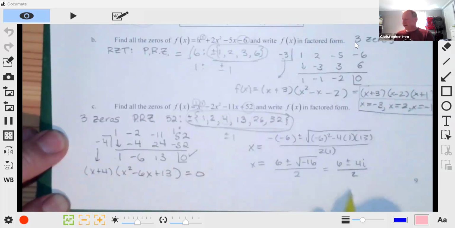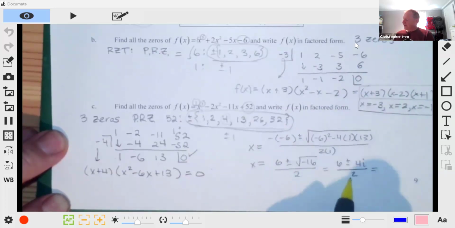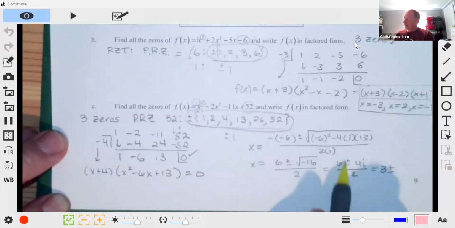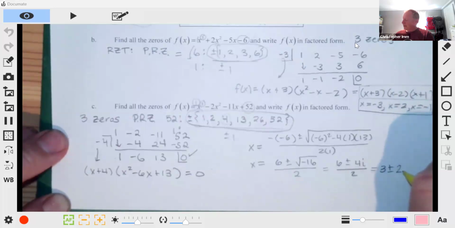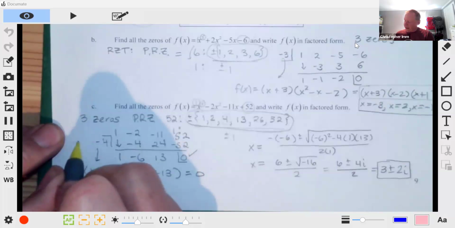And these are all even, so if I'm careful, I can cancel things out. 6 goes into 2 3 times, but since I'm adding and subtracting, I have to divide the 4 as well. So I get 4 divided by 2 is 2i. So my other two zeros are going to be 3 plus or minus 2i, as well as this x is